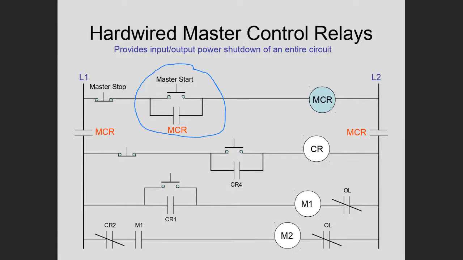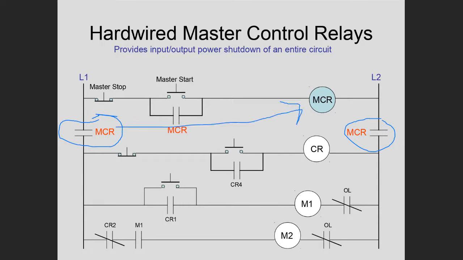That's your latch circuit, your seal-in circuit. And they call this, there's a master start and the master stop switch. This master start and master stop switch. So look at how this control circuit works. If you notice, you'll see something here on this schematic that you've never seen before. You've never ever seen these vertical contacts. There's two vertical contacts, one here and one right here, and they have the address of this coil right here,